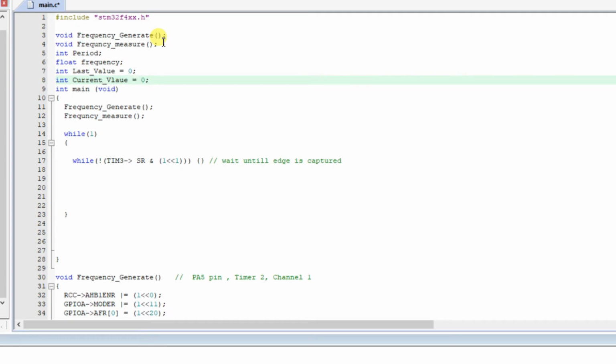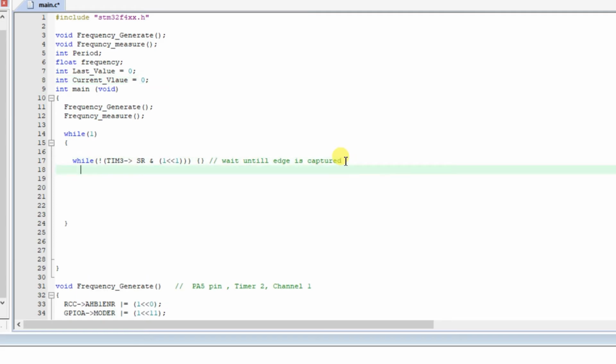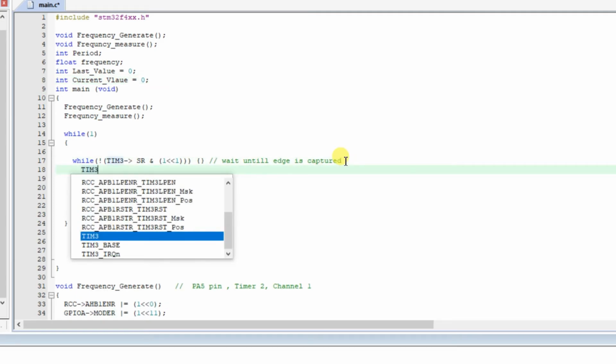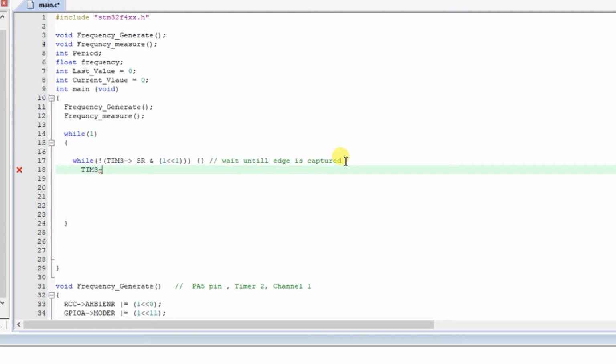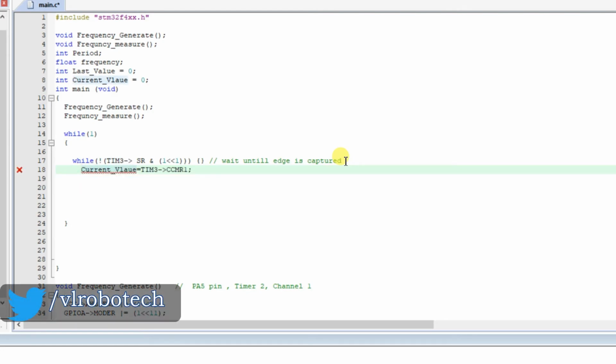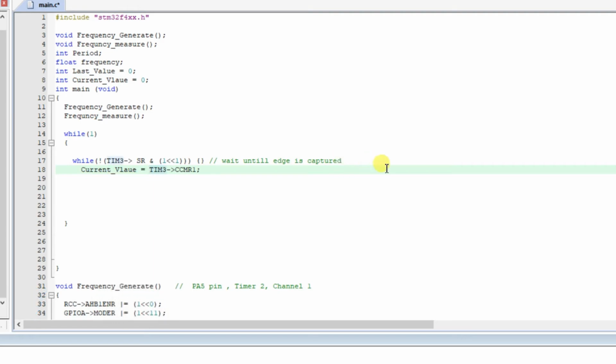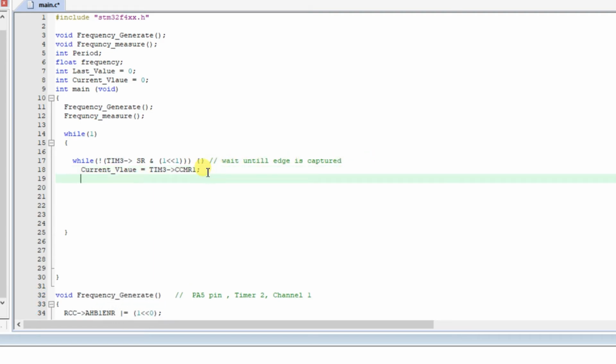Okay, here we will read the CCR1 register, timer 3, CCR1 register, and we will store its value in the current value variable, right?